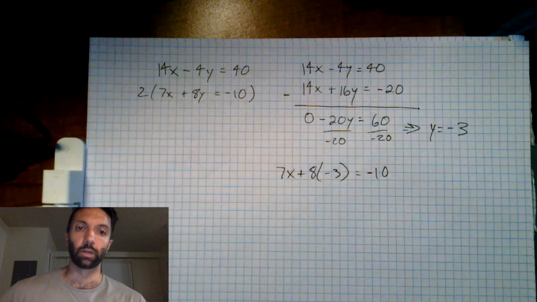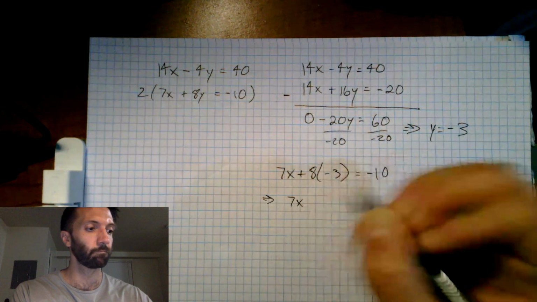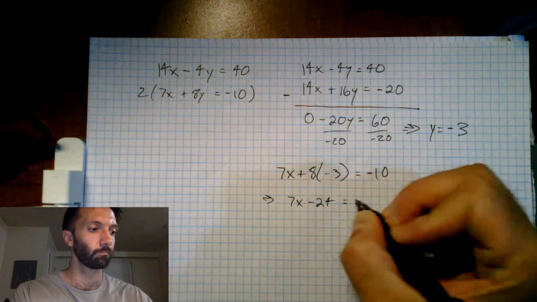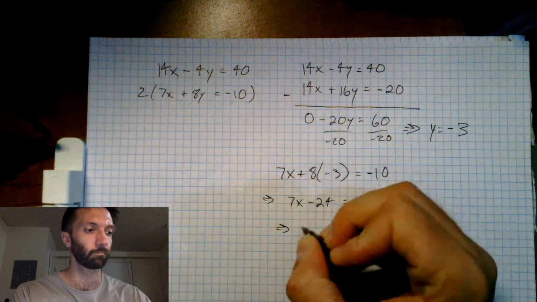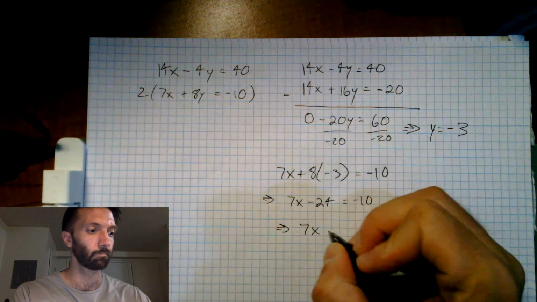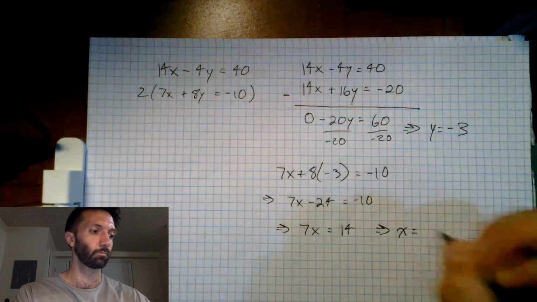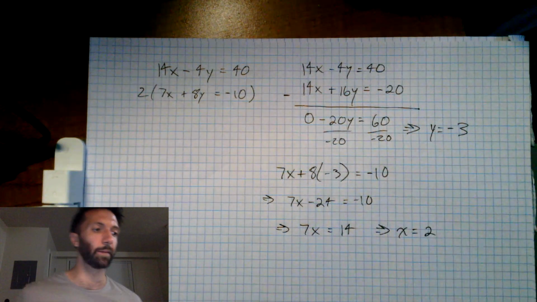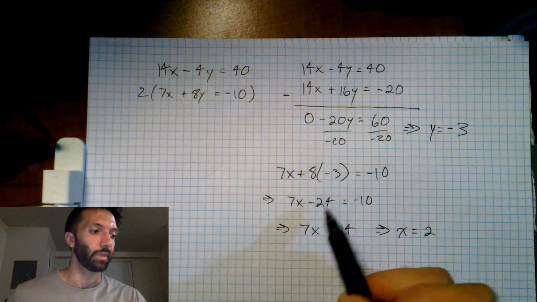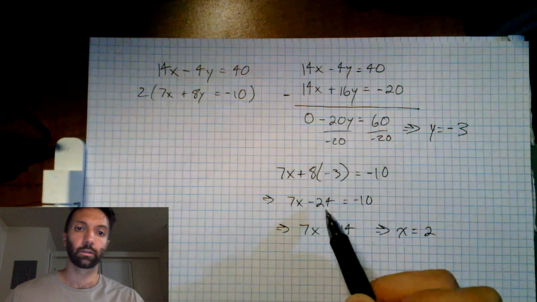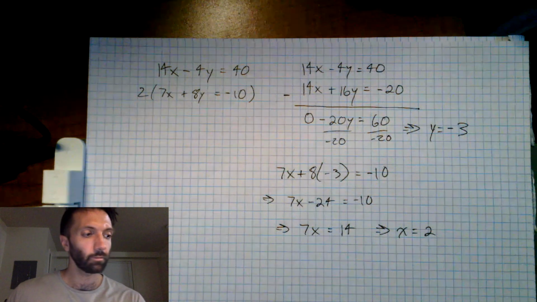And now I can just do the math here and solve for x. Alright, so I simplified this 8 times negative 3 to negative 24. Then I added 24 to both sides. And then I divided both sides by 7 and got x equals